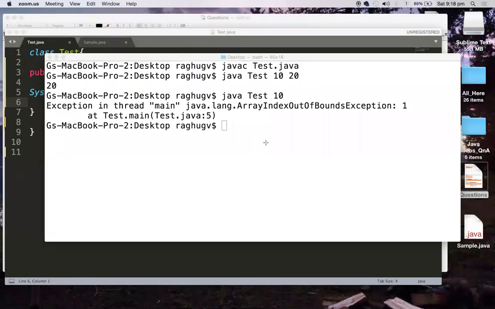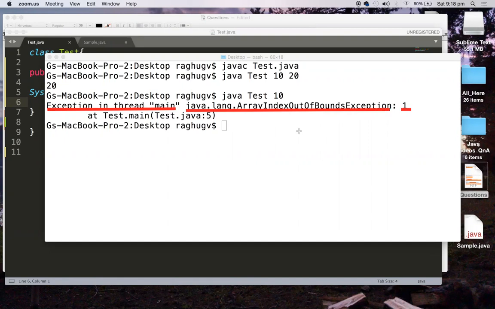Exception in thread main is an abnormal termination of your application, and there is a problem with index 1. You are accessing index 1, but there is nothing in index 1. So this leads to ArrayIndexOutOfBoundsException.